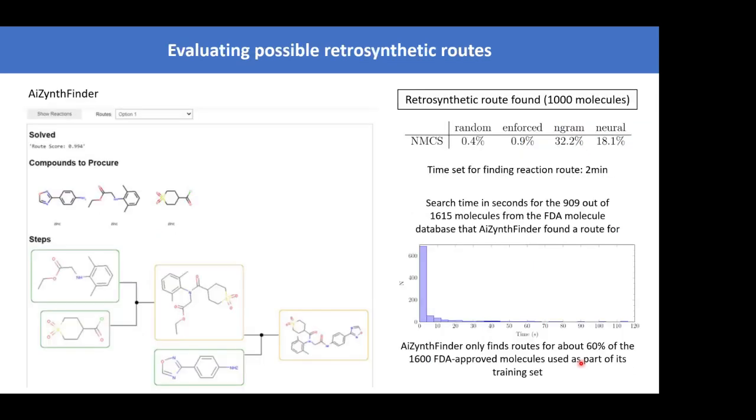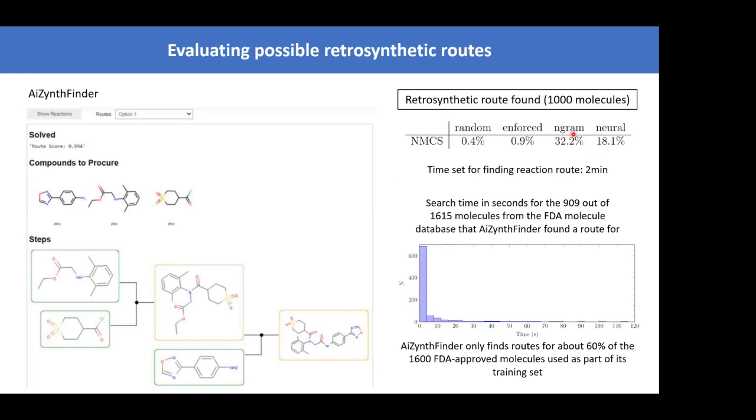And then we asked the next question, which is, now that we have the molecules, can we predict whether the molecules that we generate would be synthesizable? And for this, we used AI SynFinder, which is an algorithm that uses a fragment library to retro-synthesize compounds. So if you say, this is my compound, can the algorithm find how to combine existing fragments to make that compound? And this is an algorithm that got trained on the FDA.